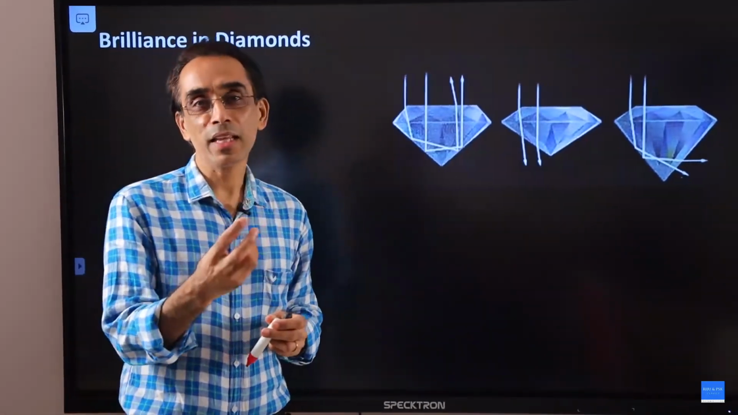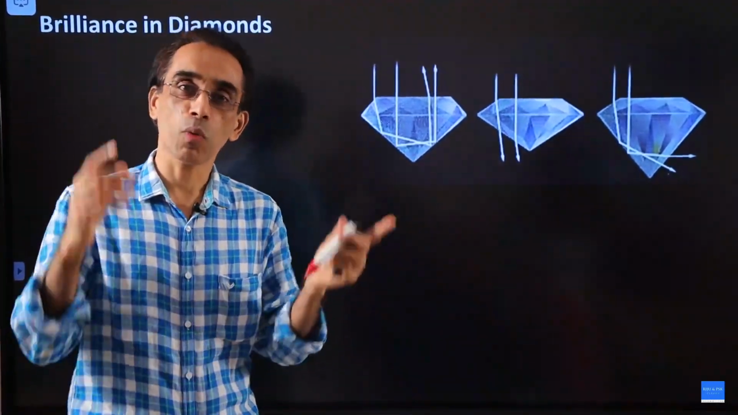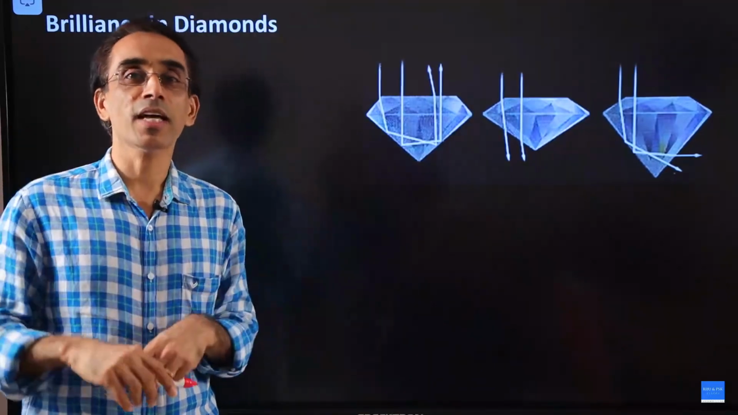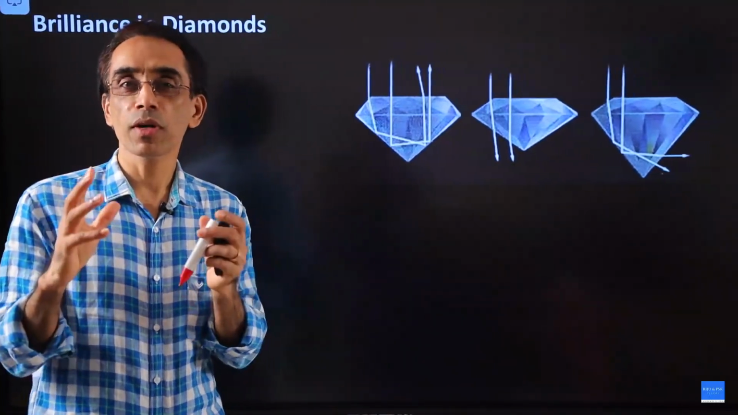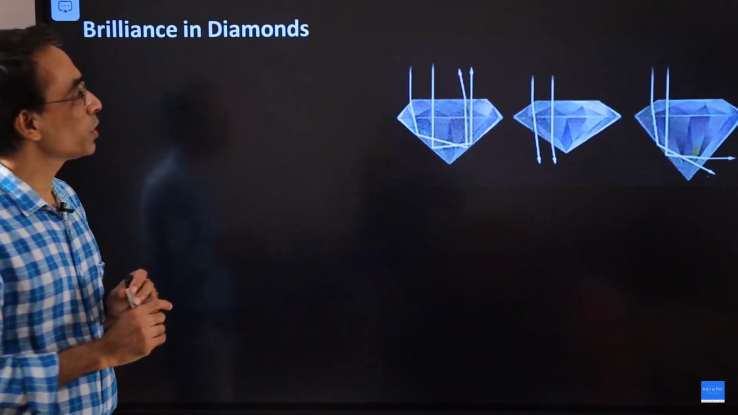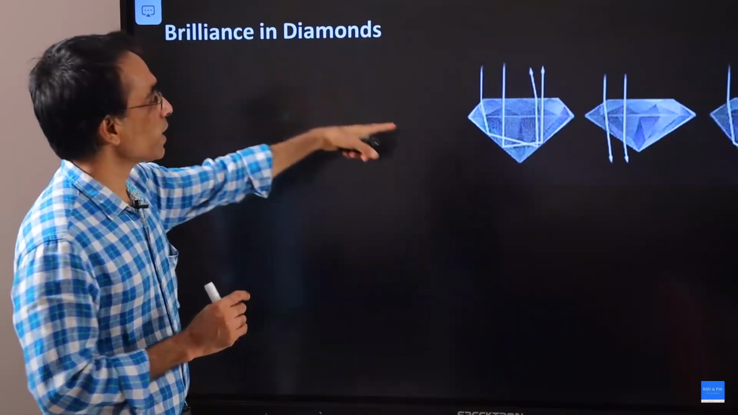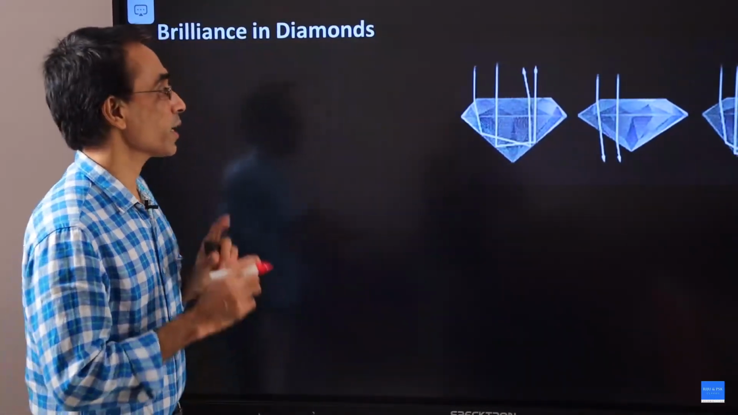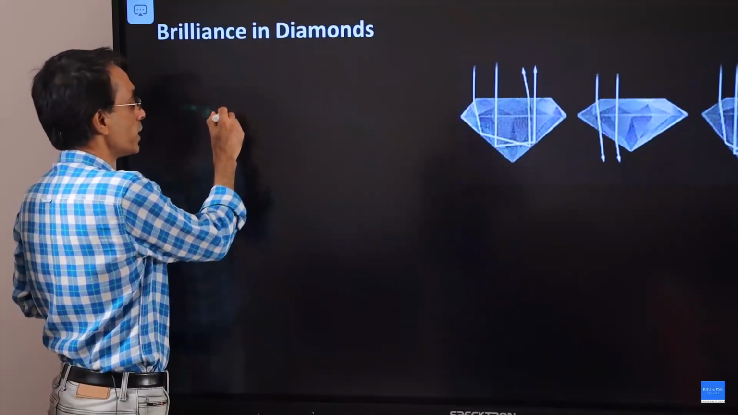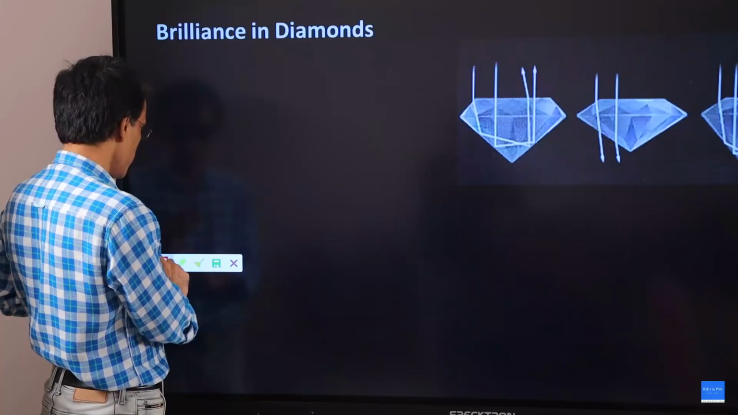Diamonds are just like a glass piece. It does not produce its own light. But once light enters a diamond, it creates a beautiful brilliance, sparkling. This is due to total internal reflection. Okay. Brilliance in diamond is due to total internal reflection because the refractive index of diamond is much higher than